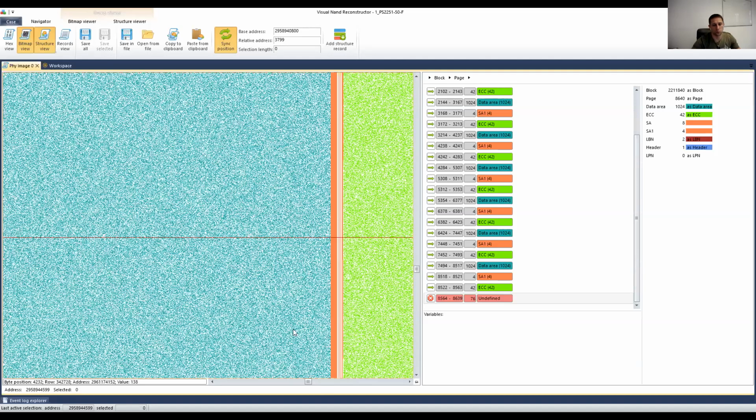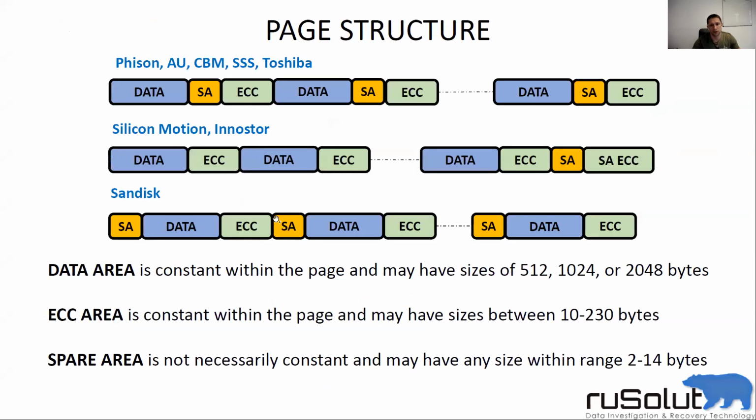Well, because we don't have any structure here when ECC is located before data area. When we have data area after the service area, and then we have ECC, and then again the service area. So typical structure is always like this. We have data area, service area, and then ECC. We don't have here a situation when we have data area, then service area, then again data area, and then ECC